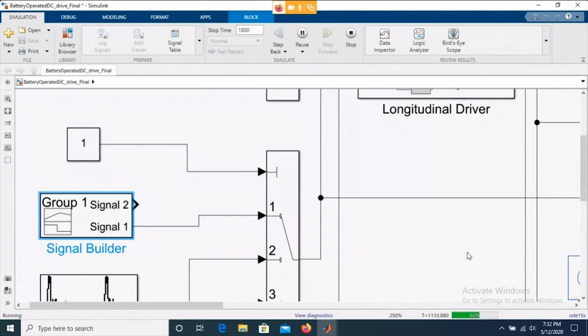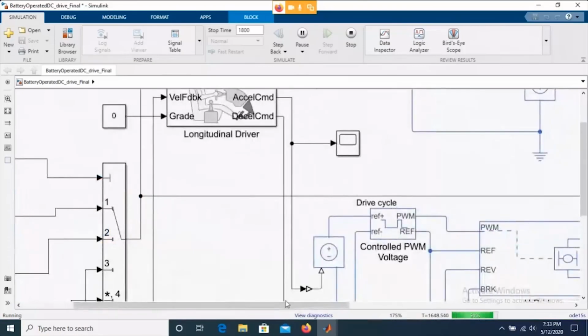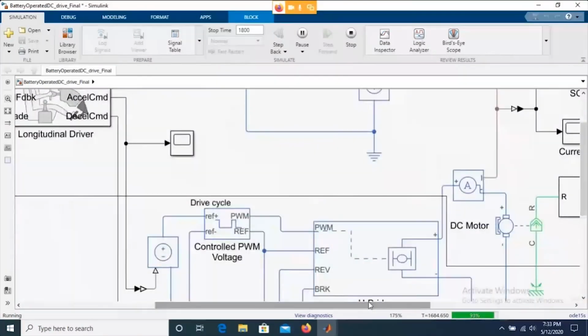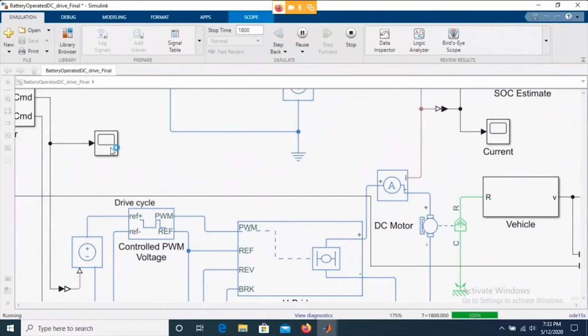And how do you take care of this? You need to take care of each and every aspect of your model, including how those equations are solved in the background. Then you will be able to achieve the time limit as well. Now we are able to run this, and let me zoom out a bit in the model. Let me go back to the part where we can see the state of charge, the current value, the acceleration command, and everything.